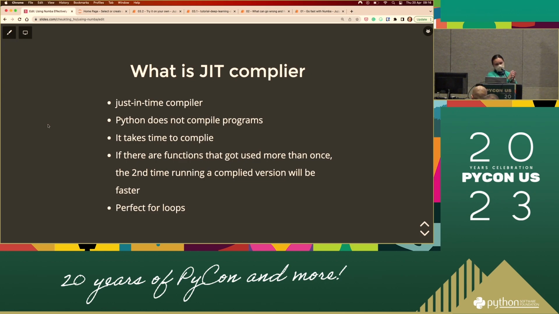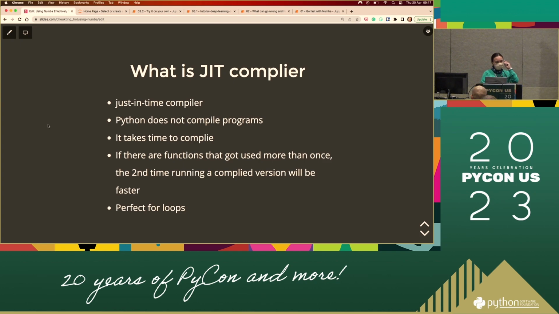So how can this compiler modify the behavior and make things faster for ourselves? When you see the code later, you can define this part, I want it to be compiled. And every time Numba or another JIT compiler sees that bit, the first time we saw it, for example in your definition, it's not going to do anything yet, but until that function gets called, then it knows that you are not writing things for nothing. You're actually using it. Okay, I'll compile it for you. So next time you use it, it will be faster. So that's the magic, right?